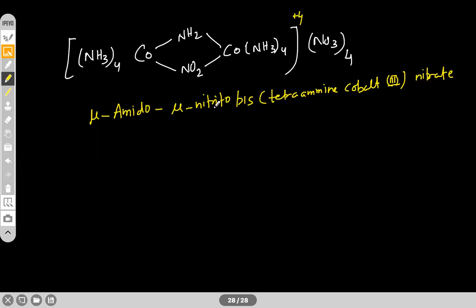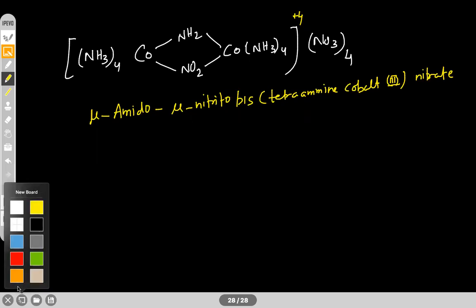Understood? So these are some bridging group ligands, okay, not important, but I have given you a bit of a taste of it, like if you get it, you can easily do this with the help of options, right? But I haven't seen in the past 5 years they have asked questions. Okay, fine. So next, we'll start the bonding in coordination compounds, okay? How the bonding takes place in coordination compounds. We have half an hour, so we can go with it. Fine, so write down next,